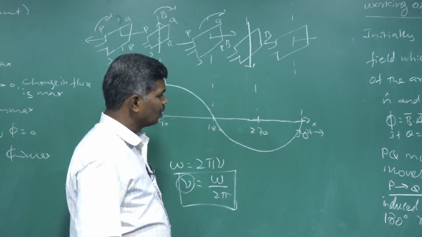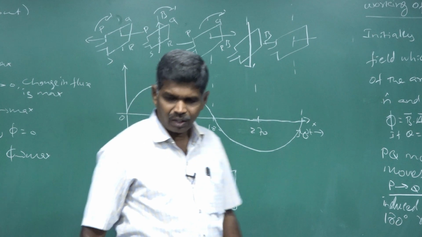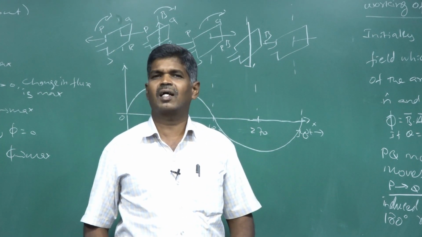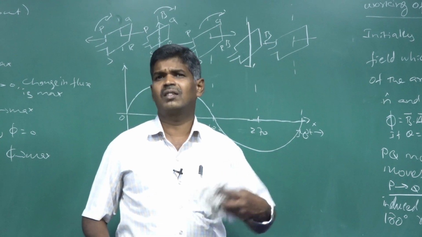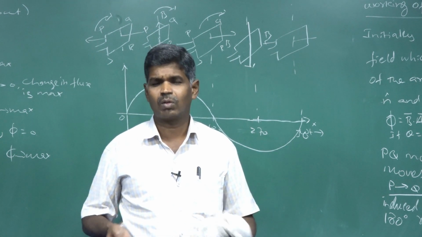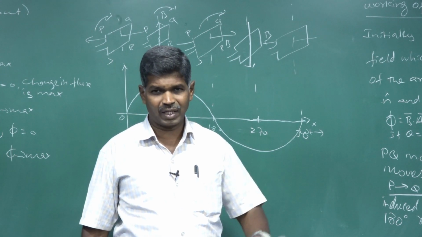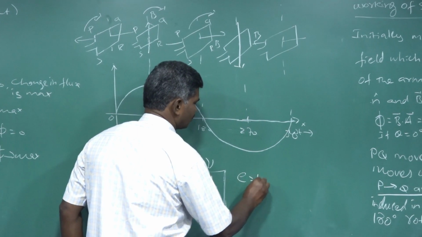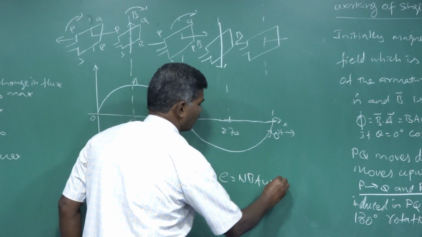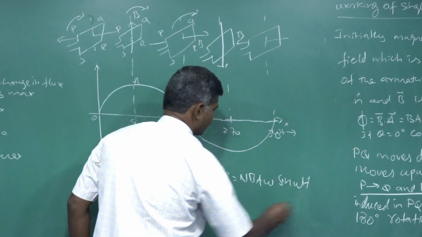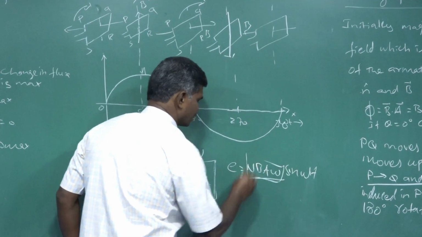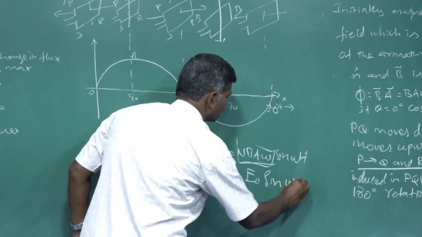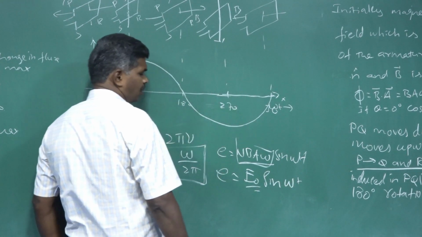So anyhow, if you want to increase the strength of that induced EMF, we want to make the rate of change of flux increase, then EMF induced also increases. There we have a peak value formula. The basic EMF is E is equal to NBA omega sin omega t. The peak value is nothing but the maximum value. Then you can take E is equal to E naught sin omega t. E naught is nothing but the maximum.